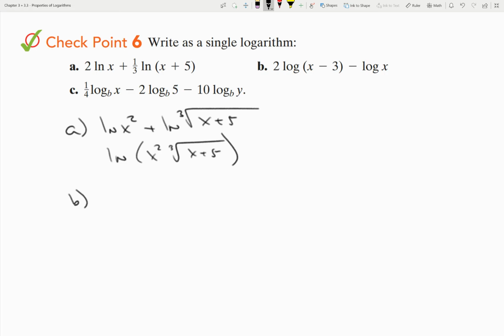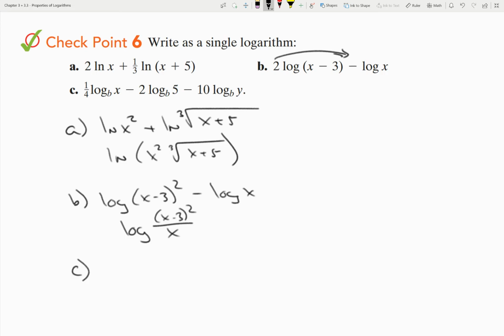Part B, the 2 in the front goes to the exponent. So that would be the log of x minus 3 squared minus the log of x. Combining those with division over x. And then finally for part C,